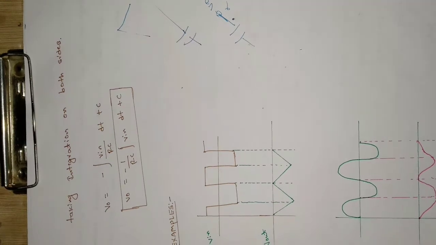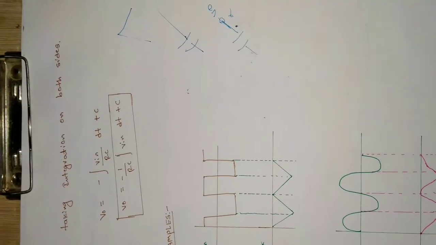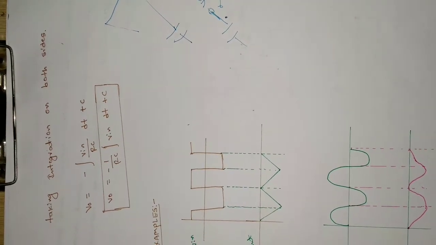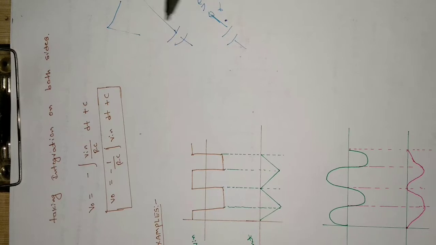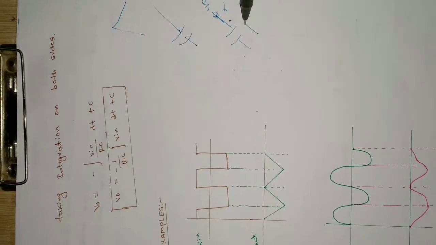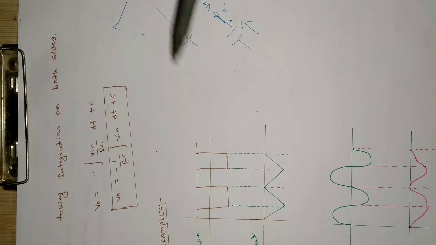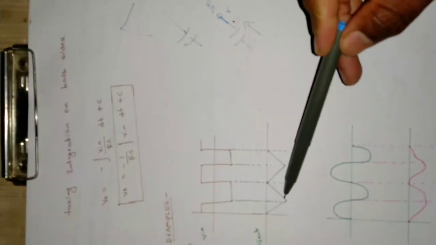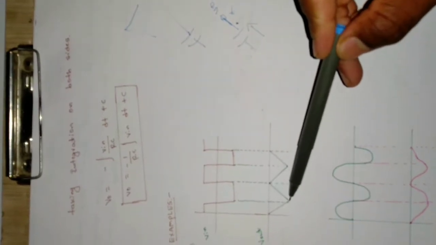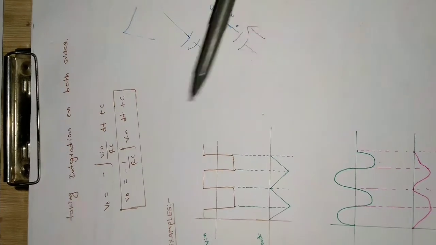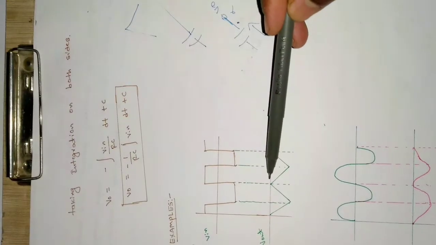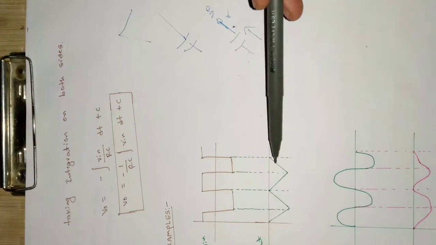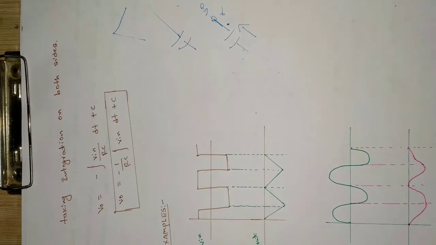So now the output at the op amp will be non-zero, because the current is flowing through the capacitor and reaching the output terminal. So we will be getting a negative to positive curve here. This is the charging curve and this is the discharging curve. And again for the positive cycle, the capacitor gets charged up to here, then it will discharge from here to here. So like this we will be getting a triangular wave for the square wave input.